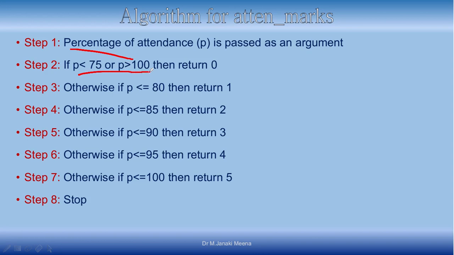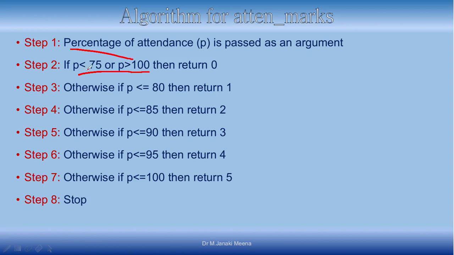What is meant by foolproofing mechanism is that your program may be used even by a user who is not working in the domain. He may not be aware of the things, like he may not know that the value he enters is a percentage. So he may give a value greater than 100 or sometimes negative and so on. In such cases also your system should not give a wrong answer or fail. That's what is called foolproofing. Even a fool should not make the system stop working or give a wrong answer. If you do that in all the code, it will be very nice. So just here we are doing it.